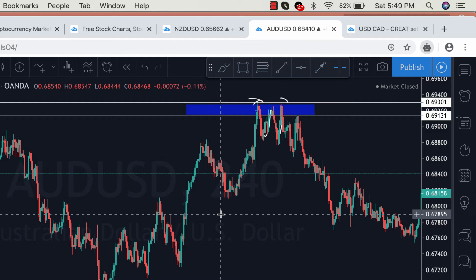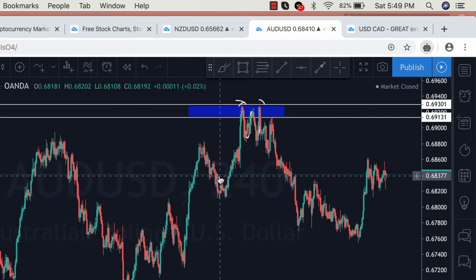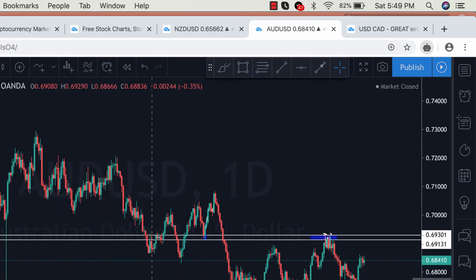right? But always check on two different time frames, okay, not just one, because when you draw a support resistance line specifically on one time frame and don't look at the other one, you may not get a bigger picture, or also a specific level. I'll show you what that means. So this was a 4-hour chart. Let's look at the daily chart. Now on the daily chart,